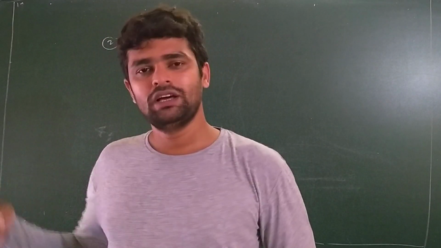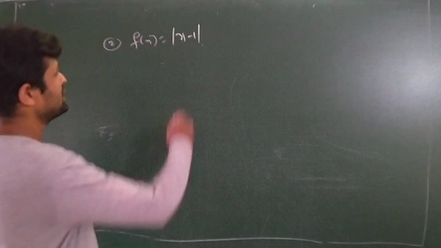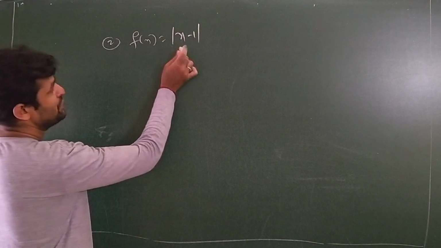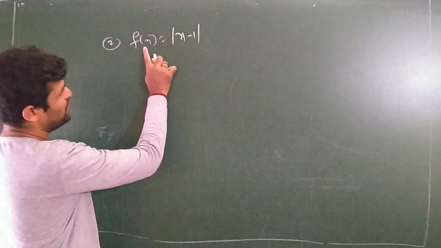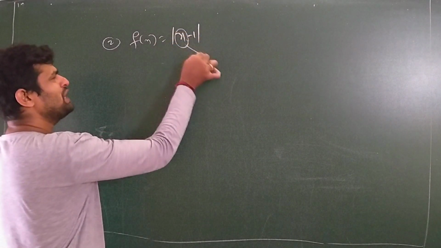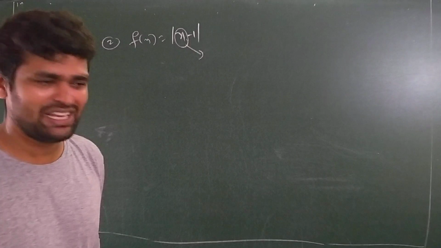Real valued means in the real numbers, you can take any number. f of x is equal to x minus 1. What is the domain here? In place of x, if I replace x is equal to 0, again f of x is okay, a real number. Any value in place of x, any value I can replace so that my f of x is real. Do you agree?